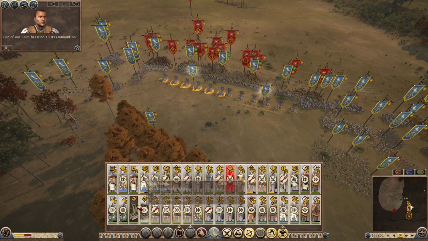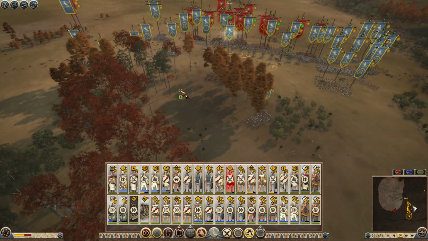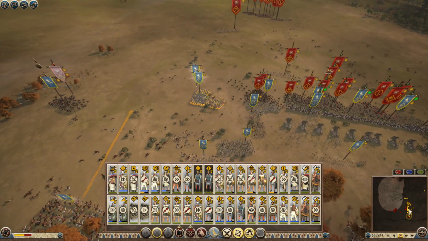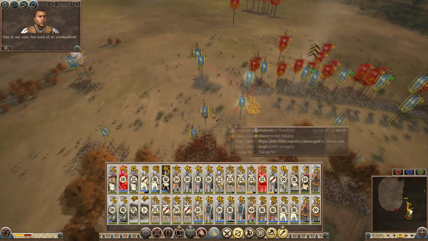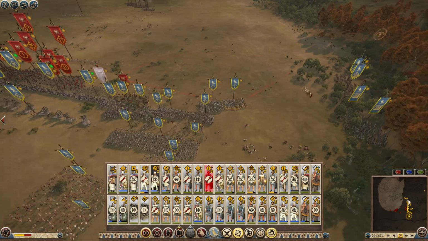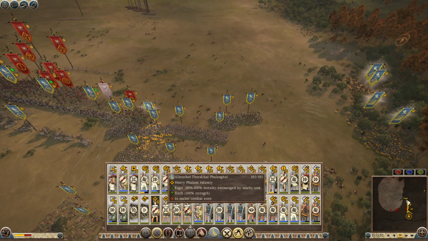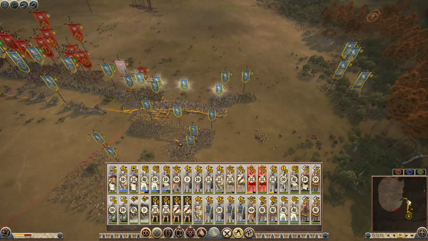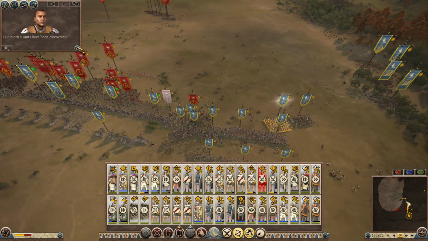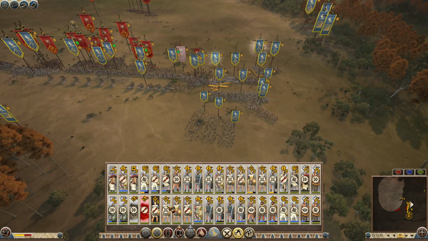Field artillery awaiting orders. You withdraw. Thorax hoplites, we are at your command. One of our units has used all its ammunition. Tarantines, get out and harass. Our hidden units have been discovered. I think what we will do is...